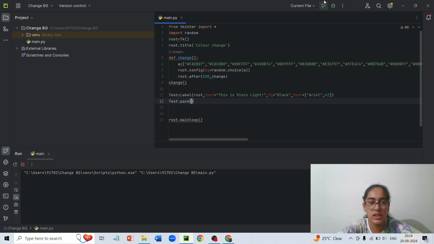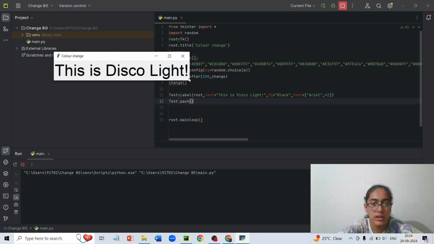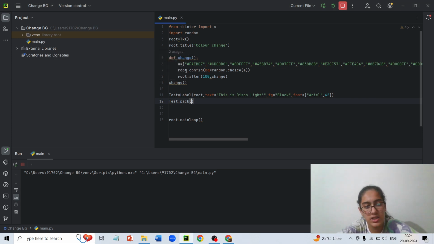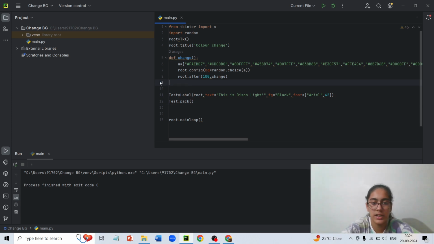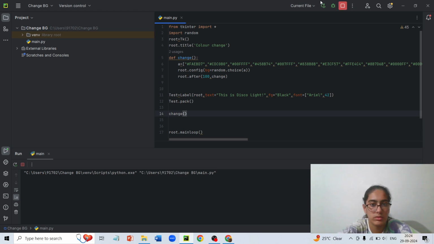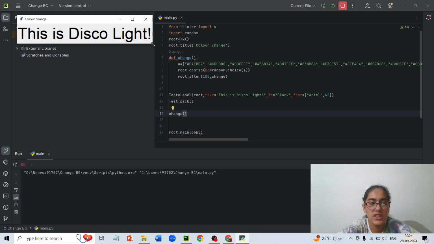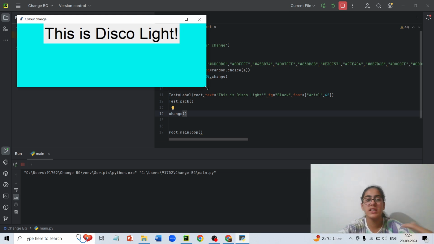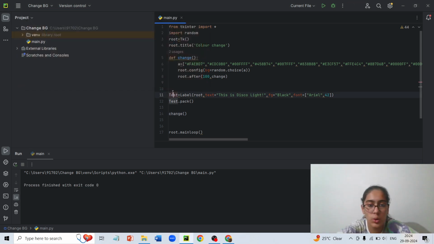Now as you can see, when I run, this is disco light, and why isn't the change coming? So I'll just Ctrl+C it here and then Ctrl+V. Now as you can see, the change is still not coming, and we couldn't see the change that time because this background also needs to be changed. So bg equals to random.choice(a).